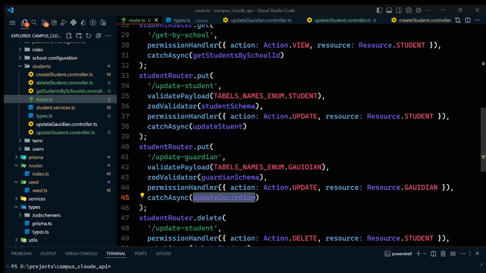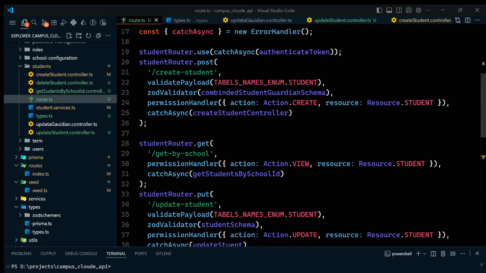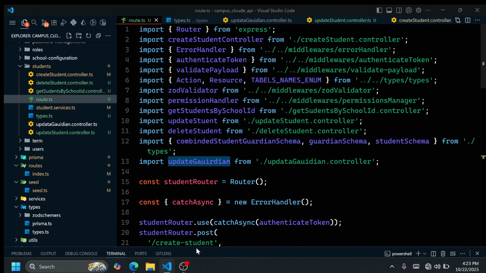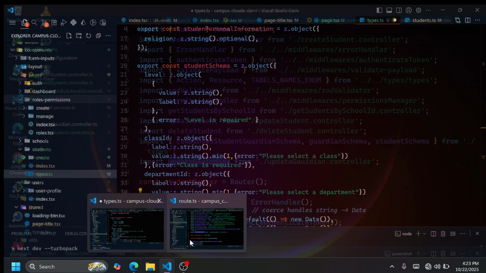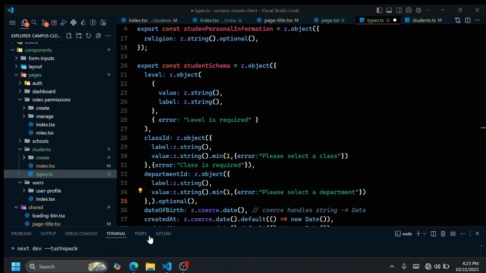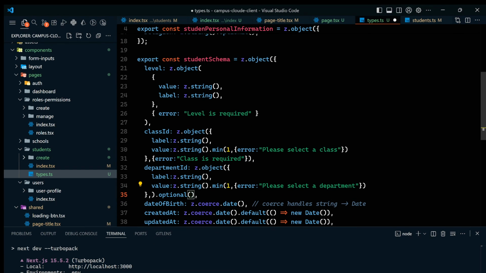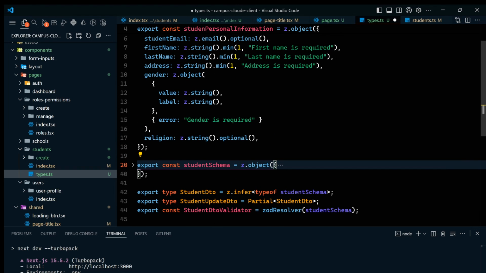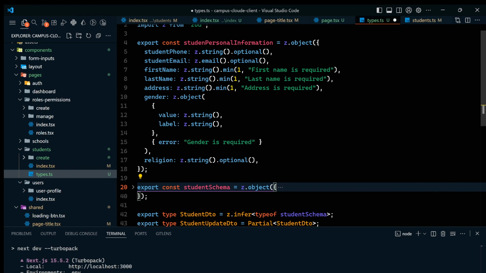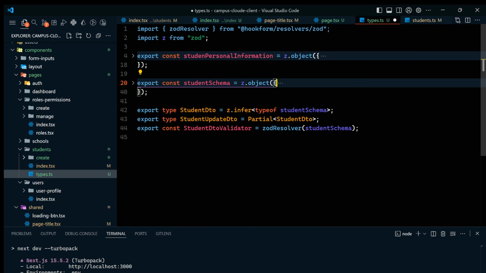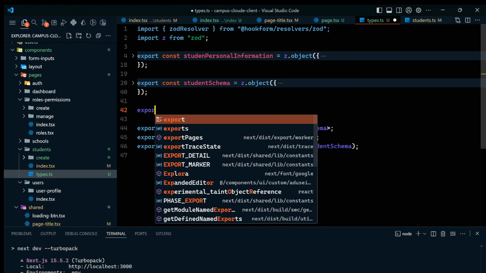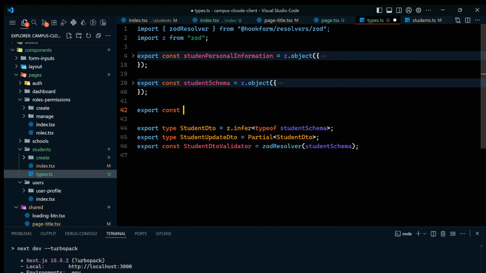Oh, this is amazing. So we are all set for student. Let's get back to our front end and see what we can do over there. So for the front end, we have the student schema and we have the student personal information schema, right? And we combine them. So I have to say that export must